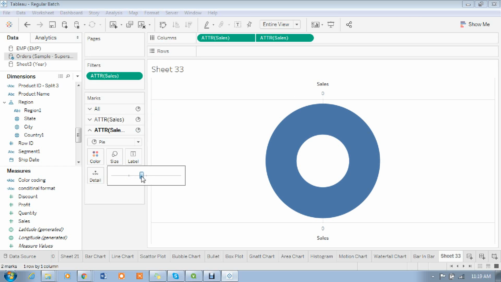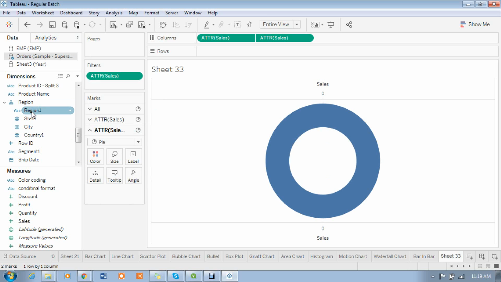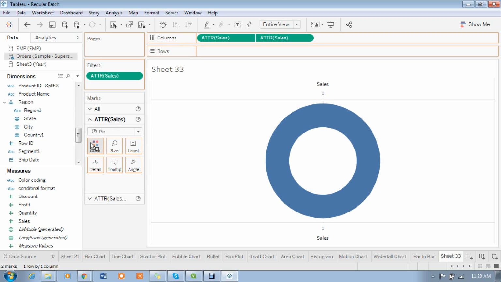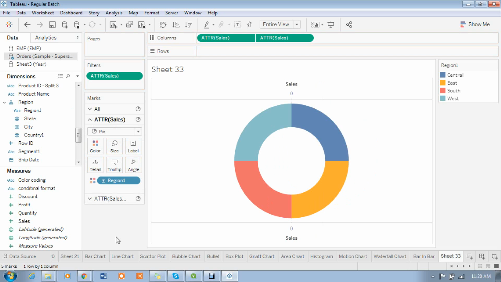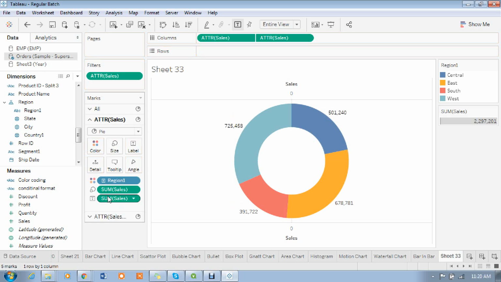Then simply you can see a little bit also, right, madam. Then you can add a number of, suppose I want region, madam, here. Okay, sorry, I go here to the region, I select it, madam. See, there are 4 now. Okay, add the sales here. Okay, now sales also in the size, madam. This is the donut chart, madam. Sales you added as a label and sales you added as the size. Yes, madam, size also, because this is based on the value only, the slice should be a different size, madam. I can just add this one.